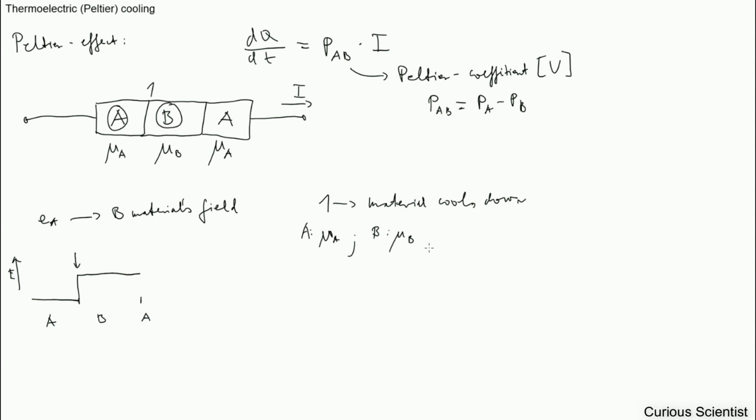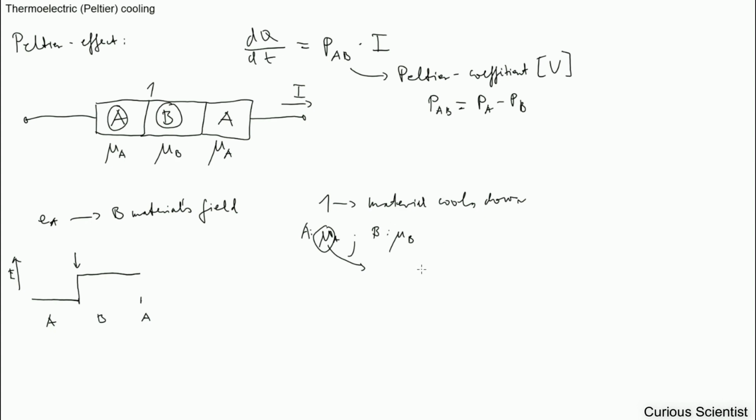And this is basically when these electrons go to, or feel the field of, the B material, which is higher than the A. They should also increase their energy, so they will change their chemical potential to B, and that will happen through getting energy from the material itself. So therefore that will cause the material to cool down,